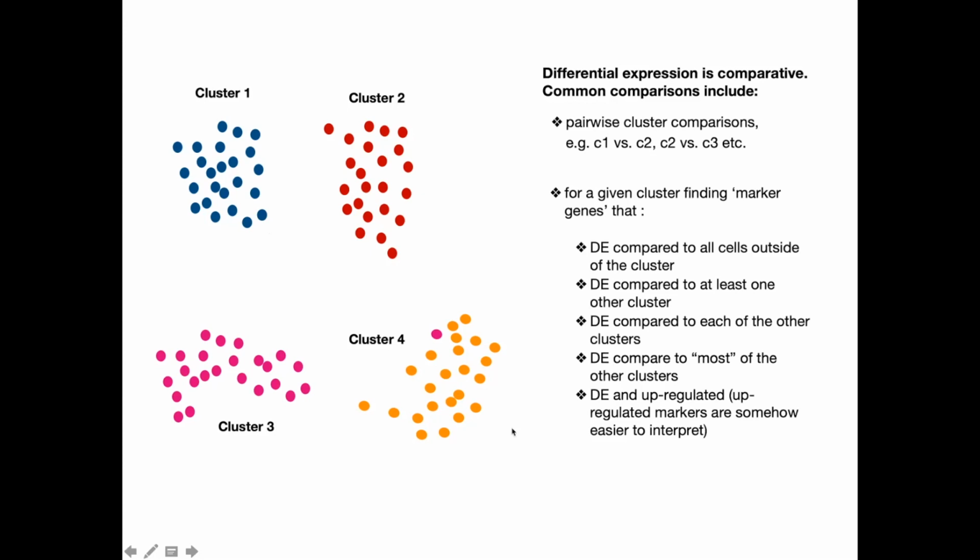And there's a lot of ways of doing it. The most common way to start with is to just do this 1 versus all for each cluster to get a list of genes for that cluster. And you can also specify, if you just want like typical markers, you can take only upregulated genes per cluster. So it's easier to interpret the results to start with. I want to find markers for cluster 1,